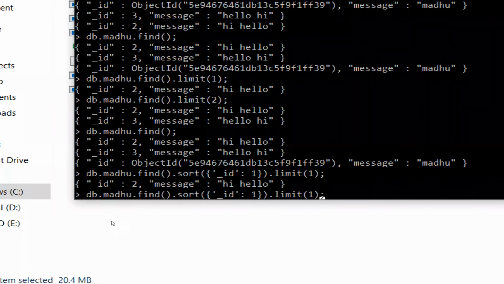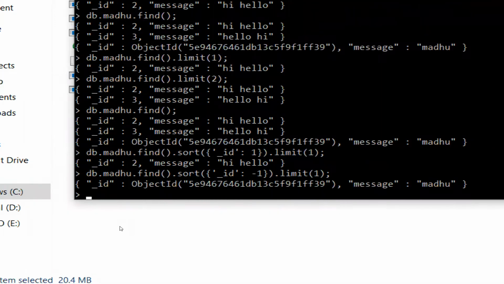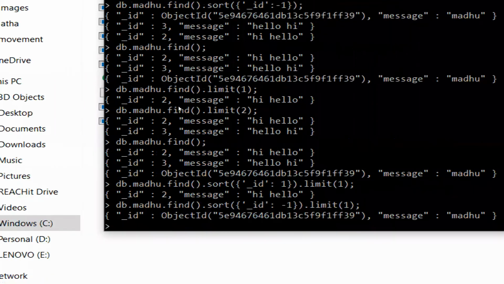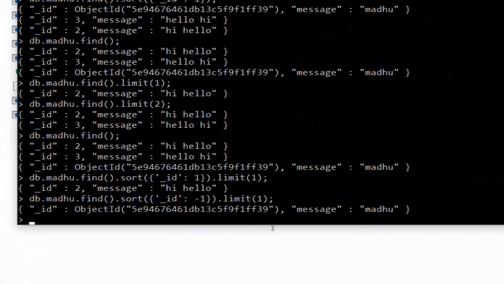The same command, let's keep with -1. If you do with -1, you can see only the top element, which is nothing but the ObjectId of some random entry which is there. So you can put a limit for reading only one set of documents. That is passed as an argument here. So these are the different types of MongoDB commands.